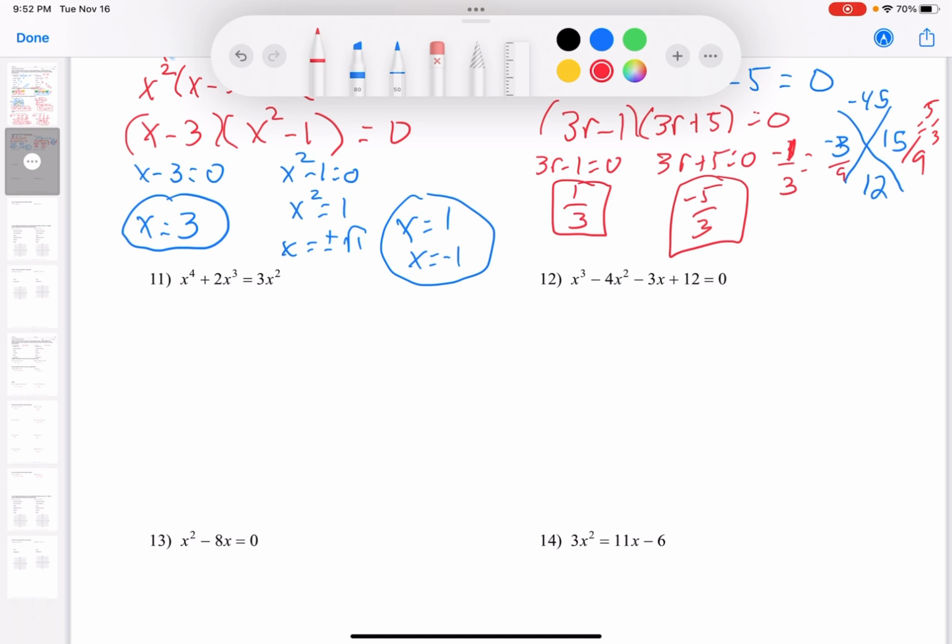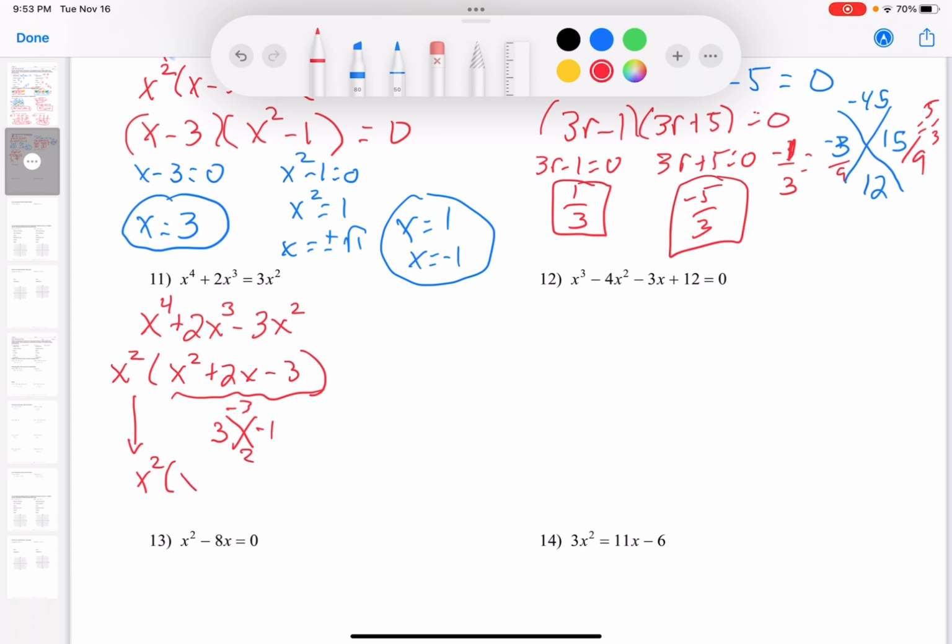Number 11. Again, got to get it in standard form. So x to the 4th plus 2x cubed minus 3x squared. First step, take out a GCF. GCF for this is x squared. That leaves me with x squared plus 2x minus 3. Now we've got a trinomial sitting right there. So we've got negative 3 on the top and 2 on the bottom. So that's 3 and negative 1. So factored form, we've got to bring this x squared down, and then x plus 3, x minus 1,